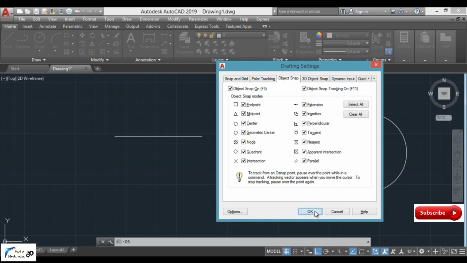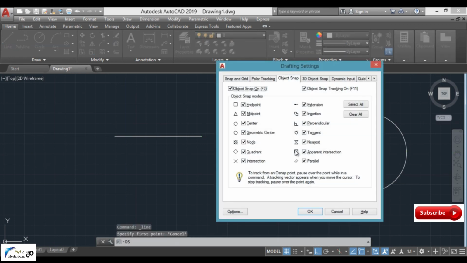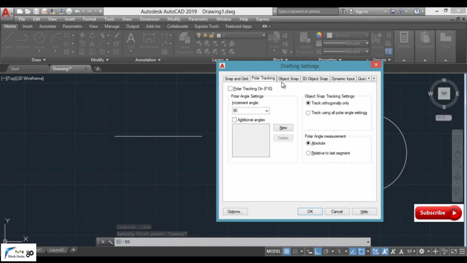On clicking OK, now let me select the line command once again, and we can see the endpoint, midpoint, and the four quadrant points are all available to us. Understood? Also, on typing DS, enter, there are a number of options like snap and grid, polar tracking, object snap,